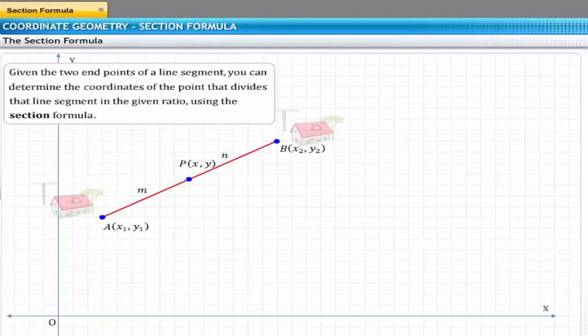Now, let's see how we can derive the formula to find the coordinates of point P. We need to find the x and y coordinates of point P using the values of m and n, and the coordinates of point A and B. First, we draw perpendiculars from points A, P, and B on the x-axis. The points where these perpendiculars intersect the x-axis are named